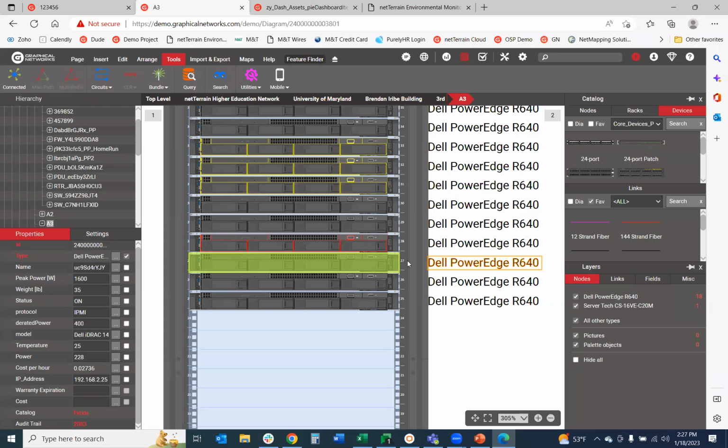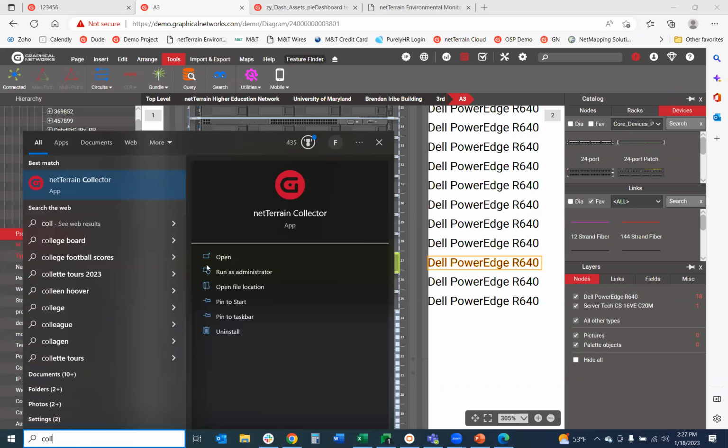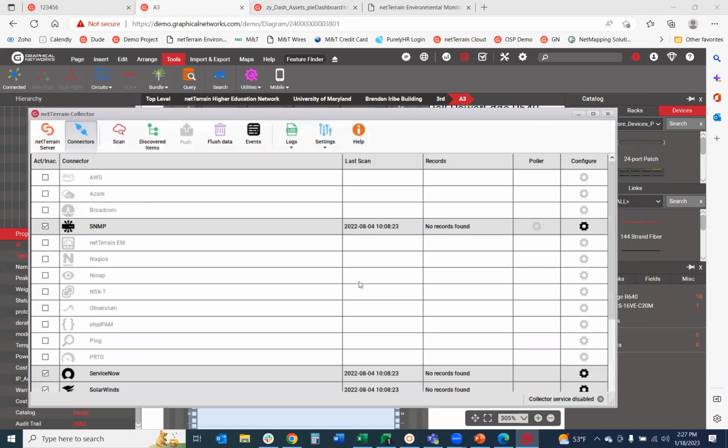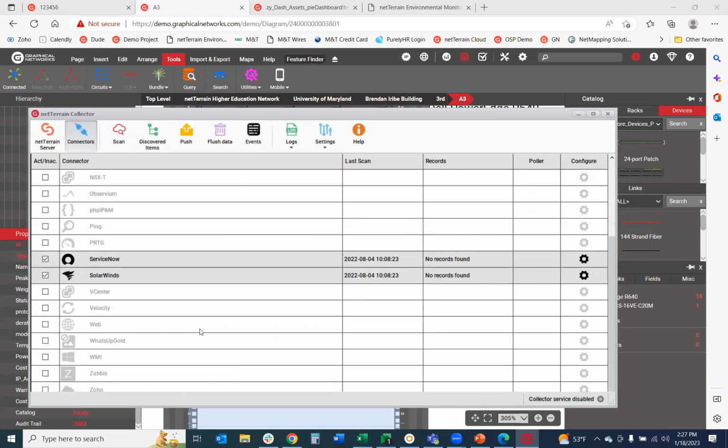So we have 3 minutes left. I want to talk about our netTerrain collector real quick. So how do you import data into netTerrain? I think there were like 5 of you guys that use a current DCIM type solution. We have what we call the integration toolkit. If you have a SQL database, we can do SQL connector to import your database. We also have our own SNMP network discovery. We also have many hooks into third-party applications, SolarWinds, ServiceNow,